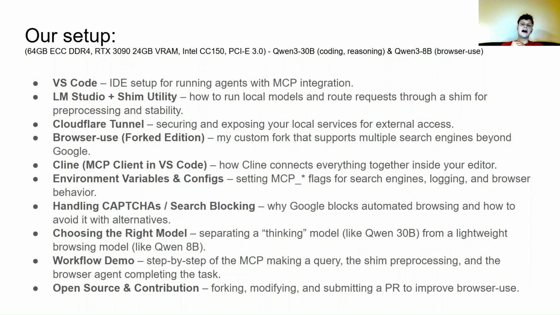And the models we chose to use were Qwen 3 30 billion for coding and reasoning, and Qwen 3 80 billion for browser use. I'll get into why that is as we go through this setup. And then just a brief overview of what applications were used. VS Code was the IDE that we used. LM Studio plus the Shim Utility is how we ran the local models and routed requests through a Shim so that it didn't